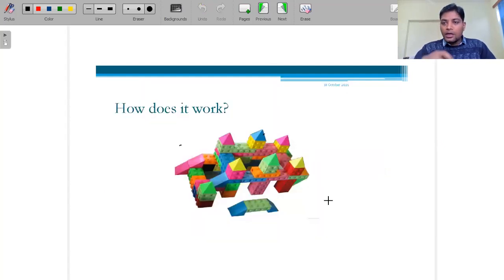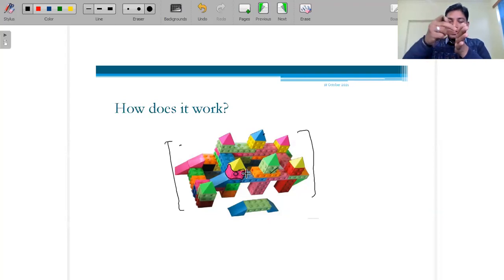Now, how does it actually work? These are the applications we have discussed, where we can use it. Most of you are aware of these things, if you have any children at home, or if you have done these kinds of activities at home with a child. These are these kinds of blocks. If I talk about this pink one, if you look at this side, there are bubbles on the outside surface.